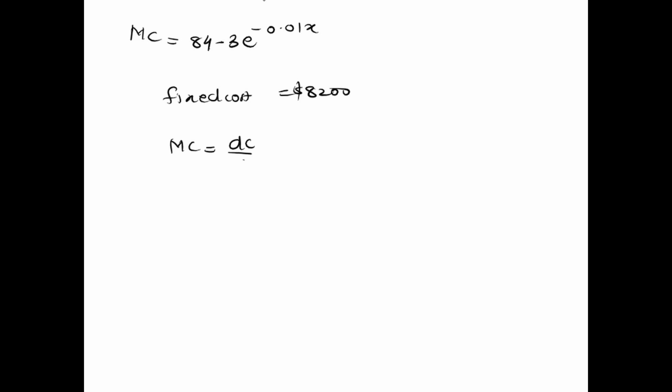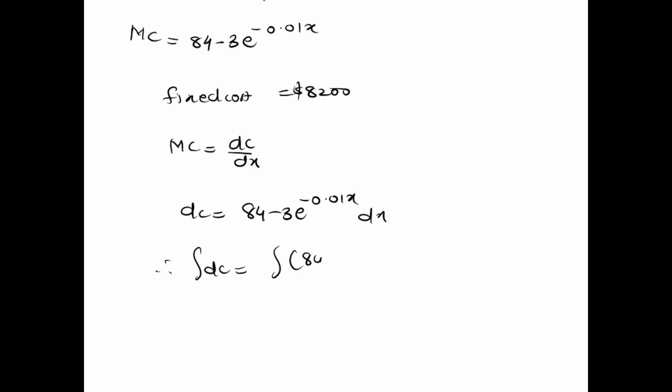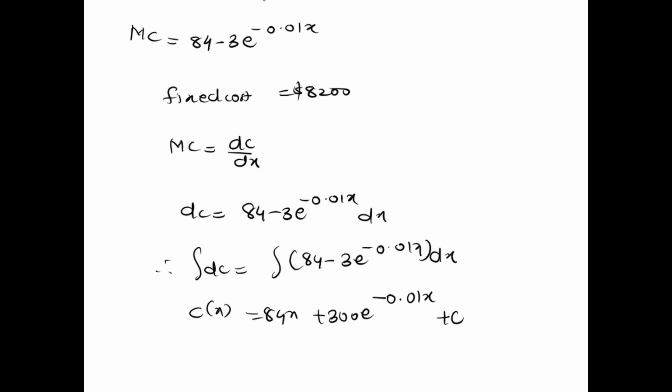So dC = (84 - 3e^(0.01x)) dx. Integrating on both sides, we get the integral of dC is equal to the integral of (84 - 3e^(0.01x)) dx. Solving this, we get C(x) = 84x + 300e^(-0.01x) + c. Now the total cost function is C(x)